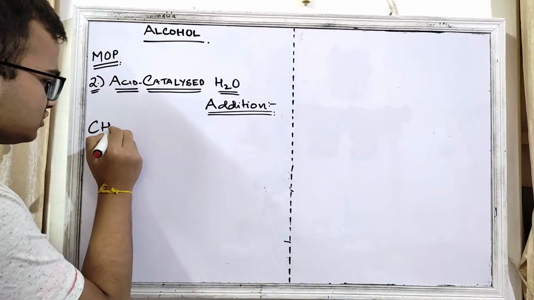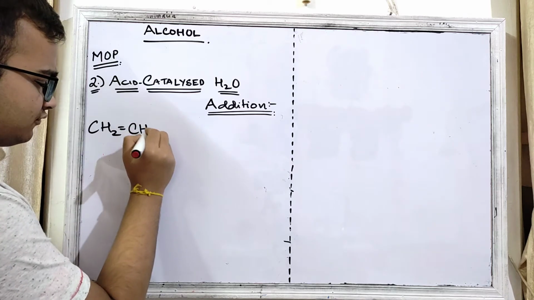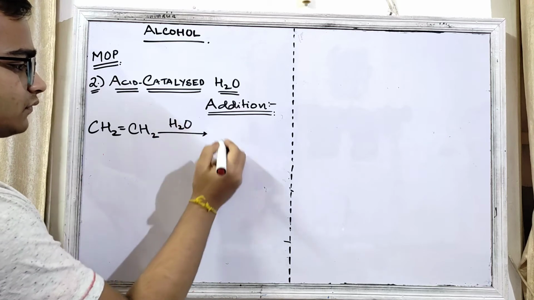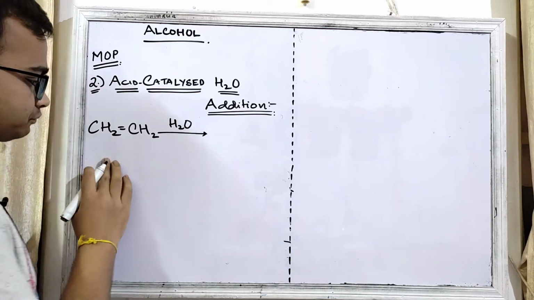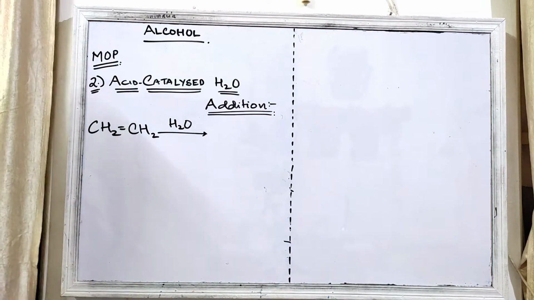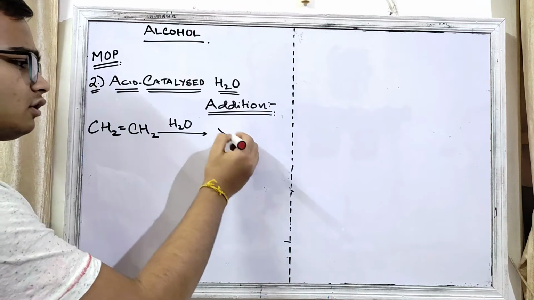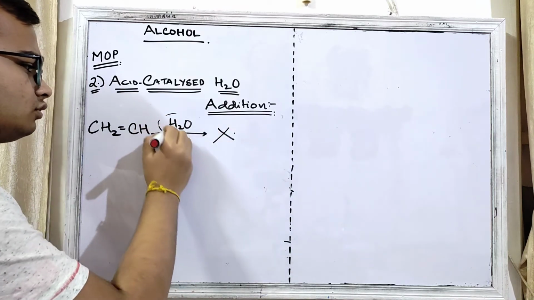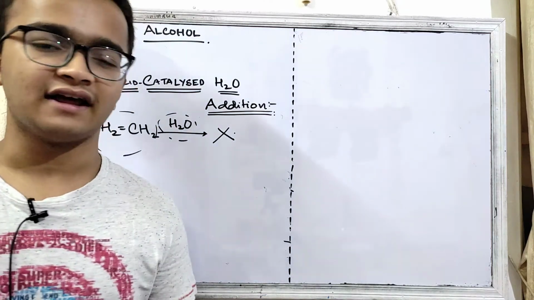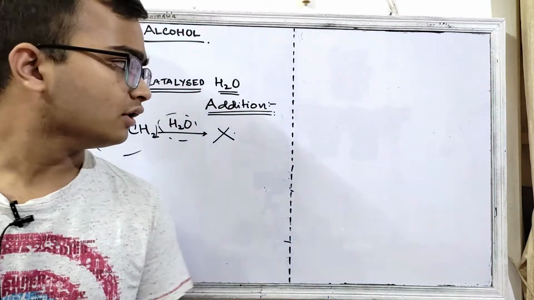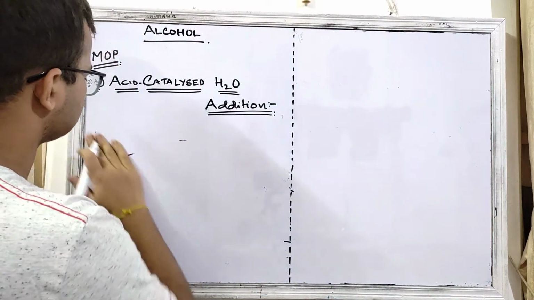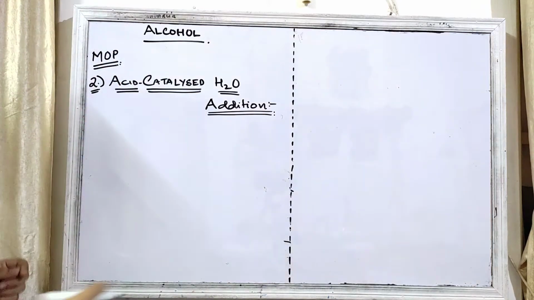You may be thinking that if this is my ethene and you take an H2O molecule over here, and OH is being added on this side or that side, both are the same thing, but this reaction actually does not occur, because this H2O and the ethene both are acting as a nucleophile, and two nucleophiles will not react. So for this what we do, we take a proton donor which is my acid or my dilute acid.